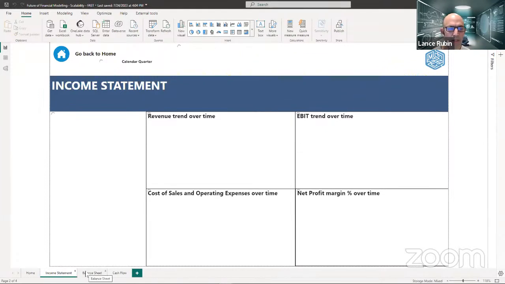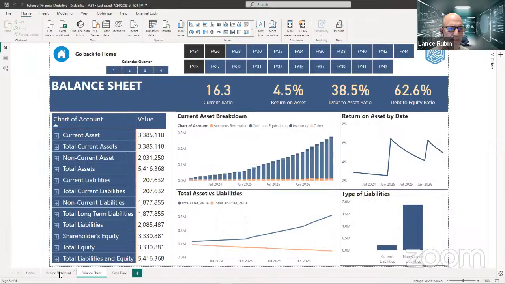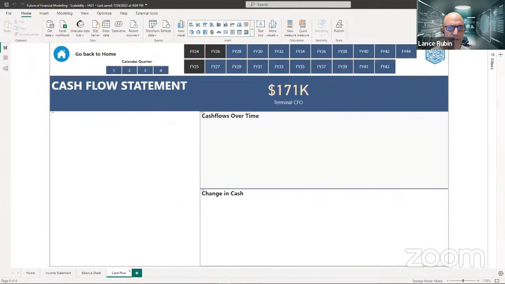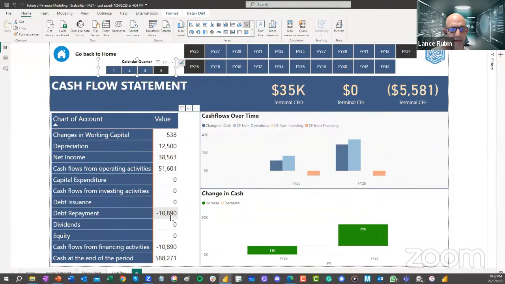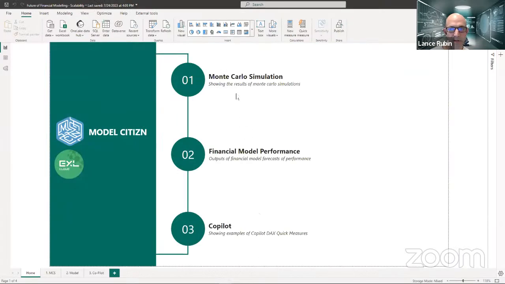Power BI dashboard. The income statement is taking a while to refresh because it's getting an update, and it's probably also just taking some of the capacity from the Zoom session. So I have my balance sheet, my income statement, and my cash flow. I can see all of those, and I can change all of those for different periods or different quarters. All of that's available. If I flick to my other Power BI desktop, this is that Monte Carlo simulation that